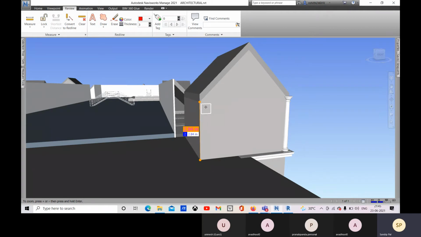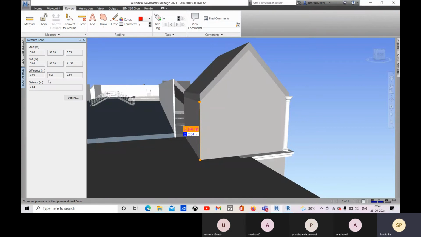All right. So after you have created this one, suppose you want to change the color for this dimension. For that you can go to measurement tools, and here you can see the start is here. Every detail you can see, and this is the difference, and that is the distance.